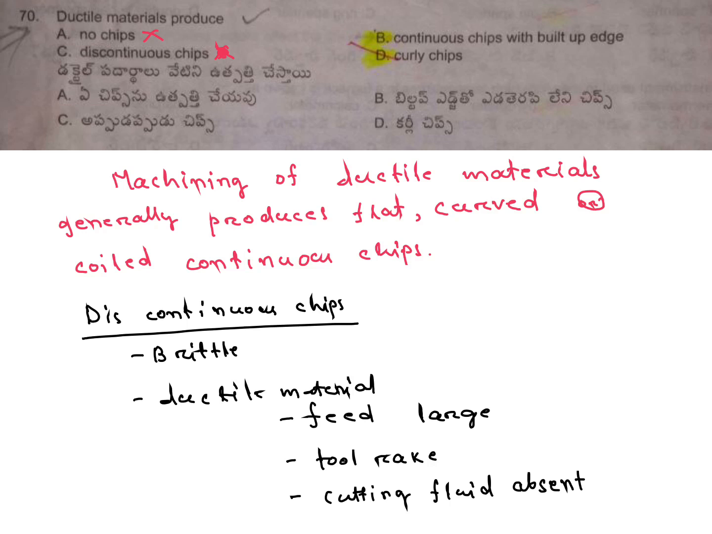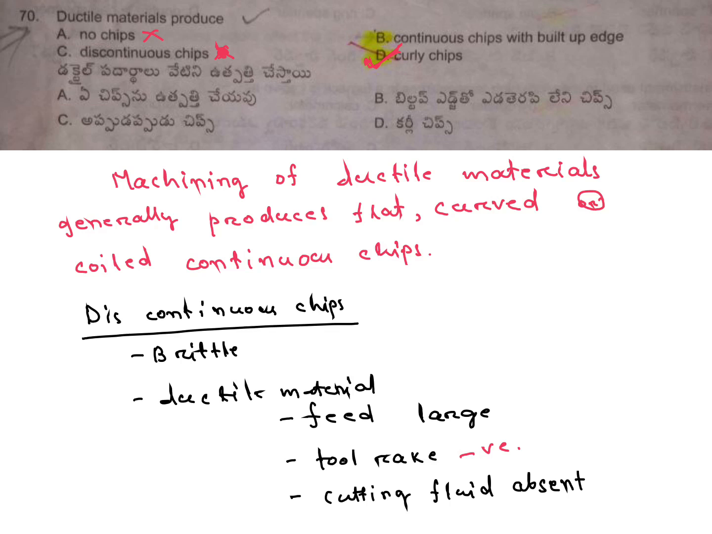Machining of ductile metals generally produces flat, curved, and coiled continuous chips. For different conditions, for different chips, all are important. For discontinuous chips, brittle material, maximum time they are giving discontinuous chips. And for ductile materials, if they are giving discontinuous chips, cutting conditions are large feed and tool rake angle is negative, and cutting fluid is absent